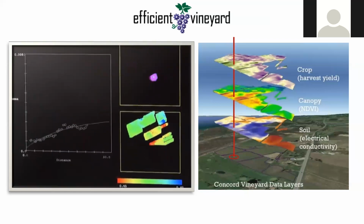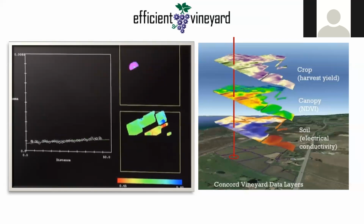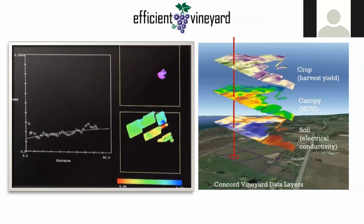And then we project. So this smoothing process is done on a common grid. We just happen to select a grid size that is equal to our vine density. So it's basically every grid point equates to a vine. And I know now that I project everything onto a common grid, I can look at the soil map, the canopy map, and the crop map,